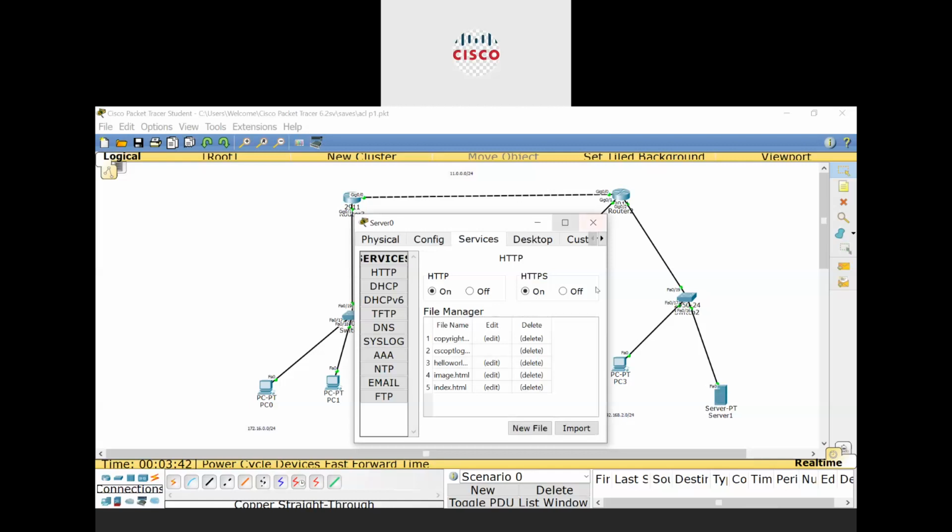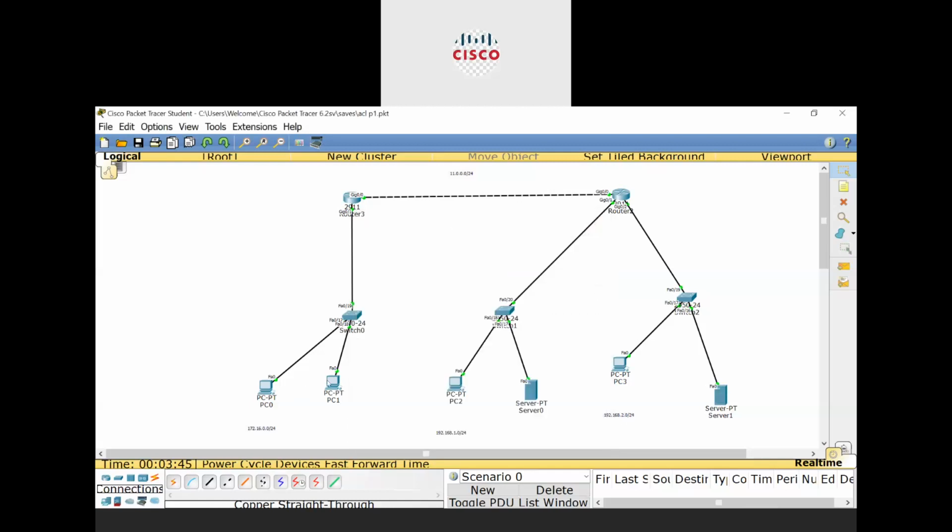Now, what I have to do, I will configure my network, or let me say there is a device, a PC, and let me make one more amendment. This is a previous topology that we have used. So I'm going to change the topology a little bit.